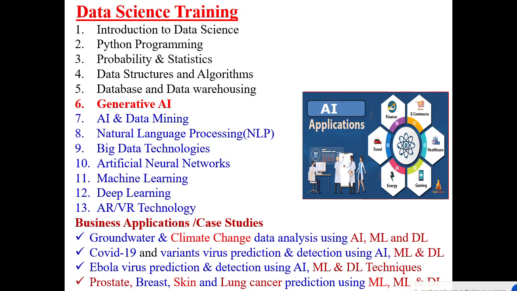Using linear regression, non-linear regression, logistic regression. Then coming to the fourth topic, data structures and algorithms. Data structure is a core subject of computer science engineering. There are four approaches we are using: divide and conquer approach, dynamic programming, greedy approach, and branch and bound approach. So data structures and algorithms is a systematic way of organizing data, structuring the data, and retrieving the data